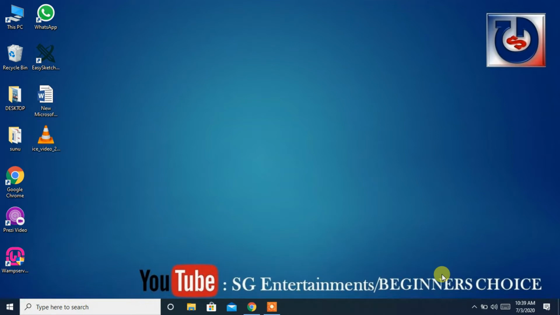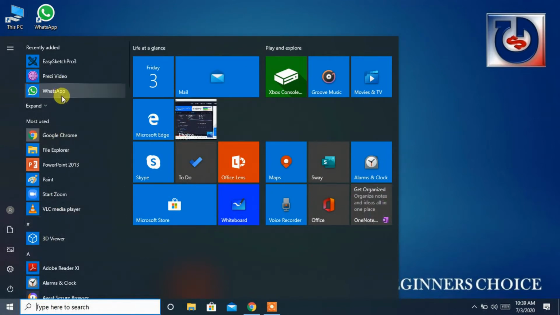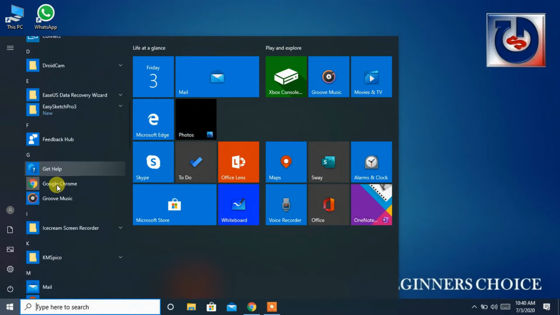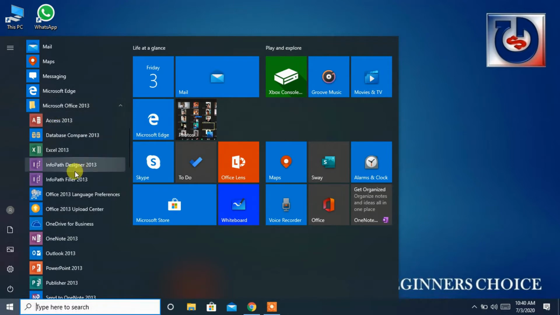Microsoft Word today. For starting this application, we have to click on Start, and we can see the software installed in the computer. In that you can see Microsoft Office package. In that you can see Microsoft Word application, and you can just click it. That is a little bit difficult way.